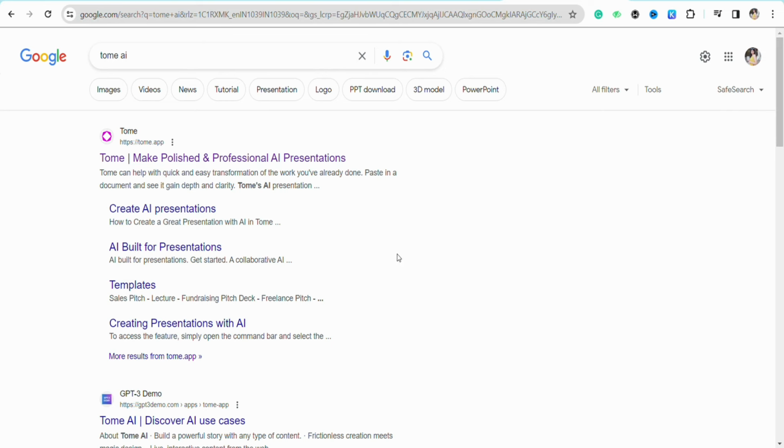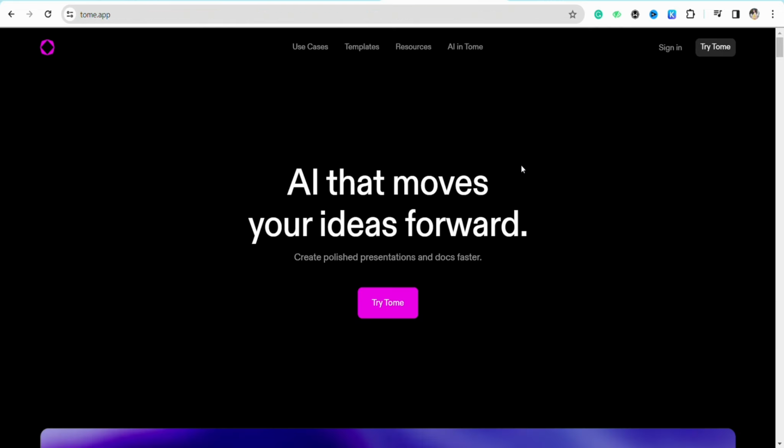So in order to use Tome AI, just go to your preferred browser and search for Tome AI, and over here just click on the first link that you will see on the top and it will take you to the official website of Tome AI. So here, as you can see on the home screen, you have two options. Either you can sign into your account if you already have an account in Tome AI, and if you don't have an account, you just have to click on Try Tome,